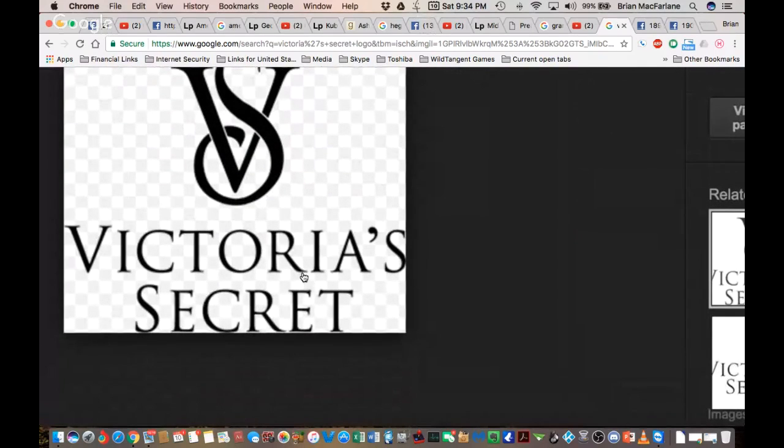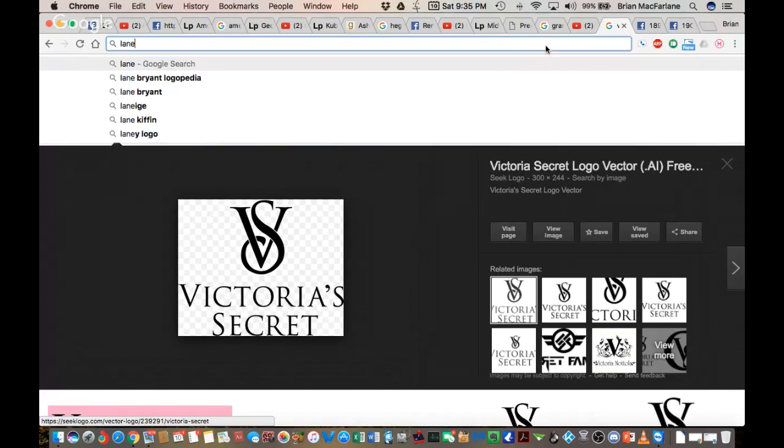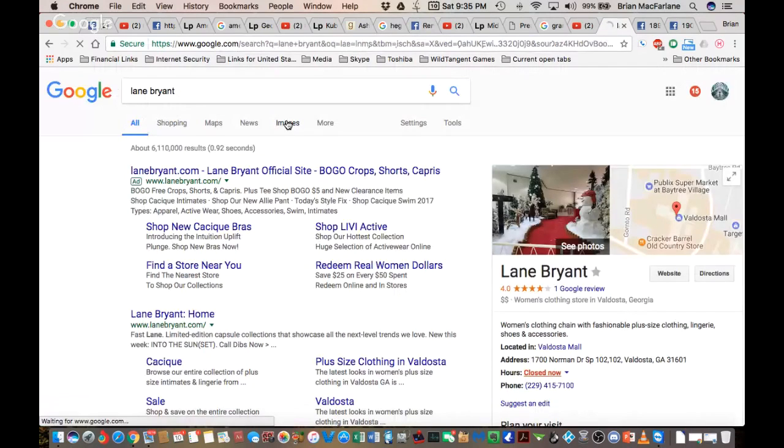Okay. Some of the R comes out like really far. What do you think may be happening with these R's? Those don't look like regular R's. No, they don't. Lane Bryant was another one that I noticed today. Okay, Lane Bryant. We got Victoria's Secret. Lane Bryant, the L and the A is now connected officially. I never liked that before. Okay, is that...